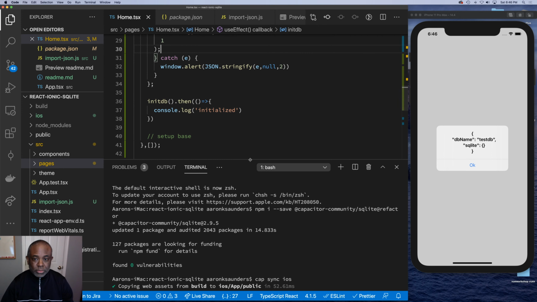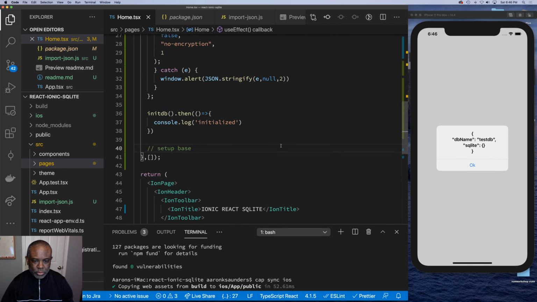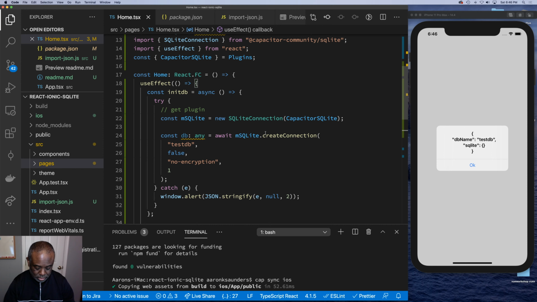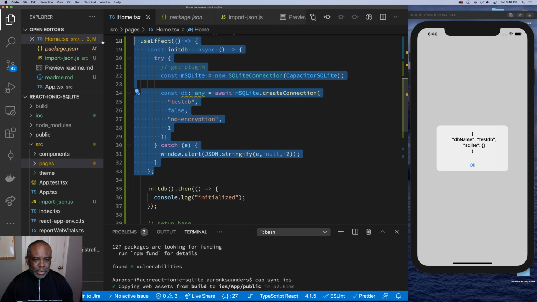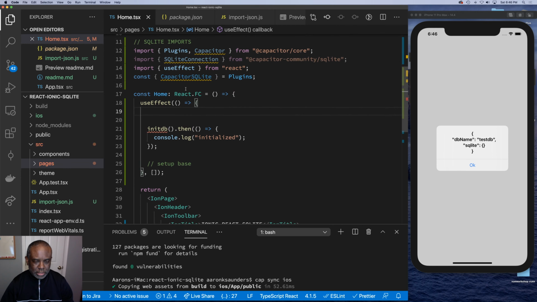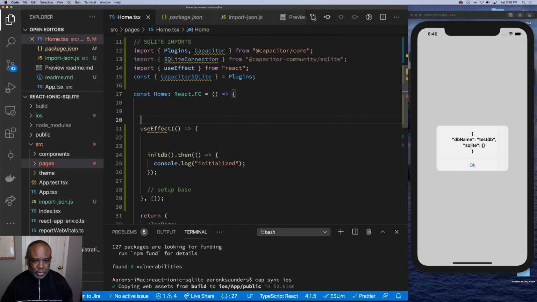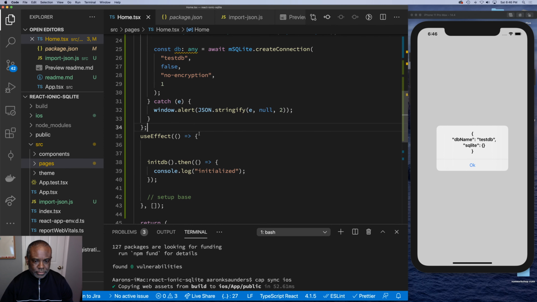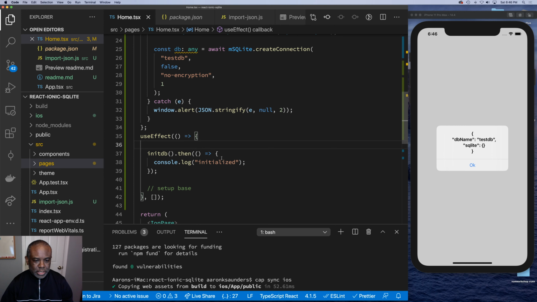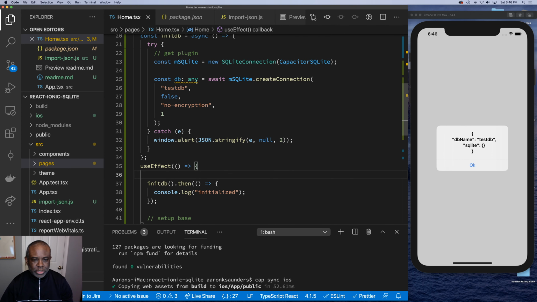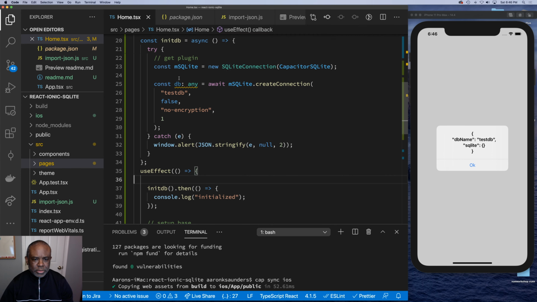So what we're trying to do here, this is getting kind of crowded, is we've created our async function to initialize the database. Let's take this out of my useEffects and just put it up here at the top. Then inside my useEffects, when we start up, we're going to try to initialize the database. Why is it saying this? Database assigned a value, it's never used. Async, let me return my database